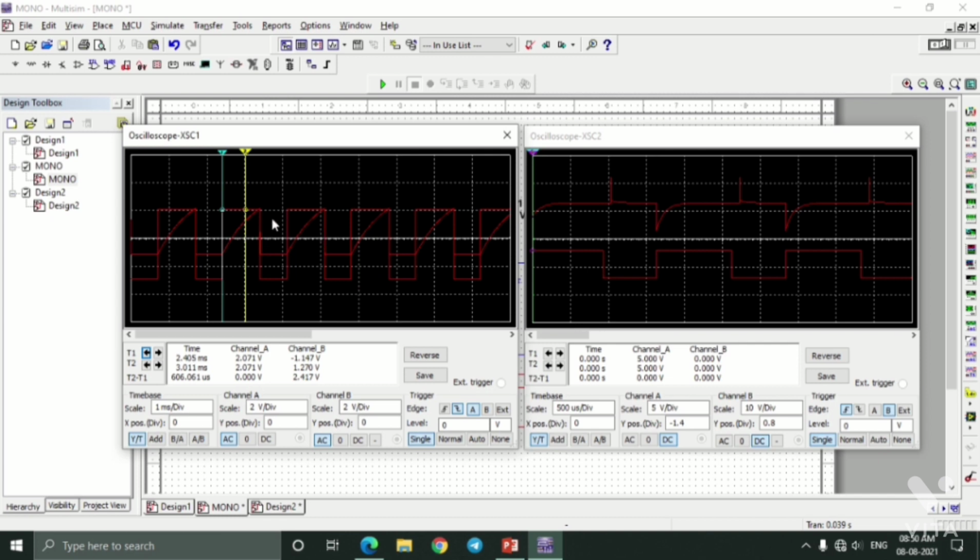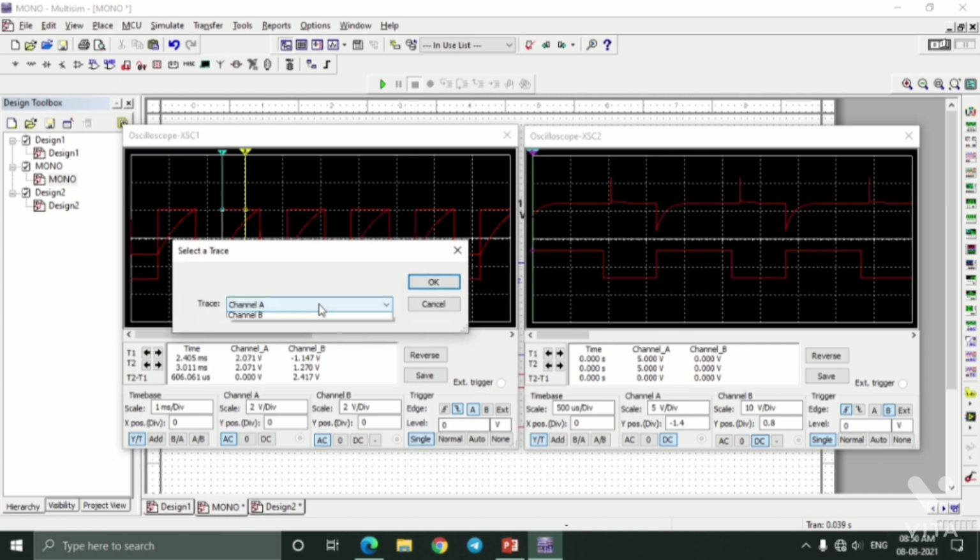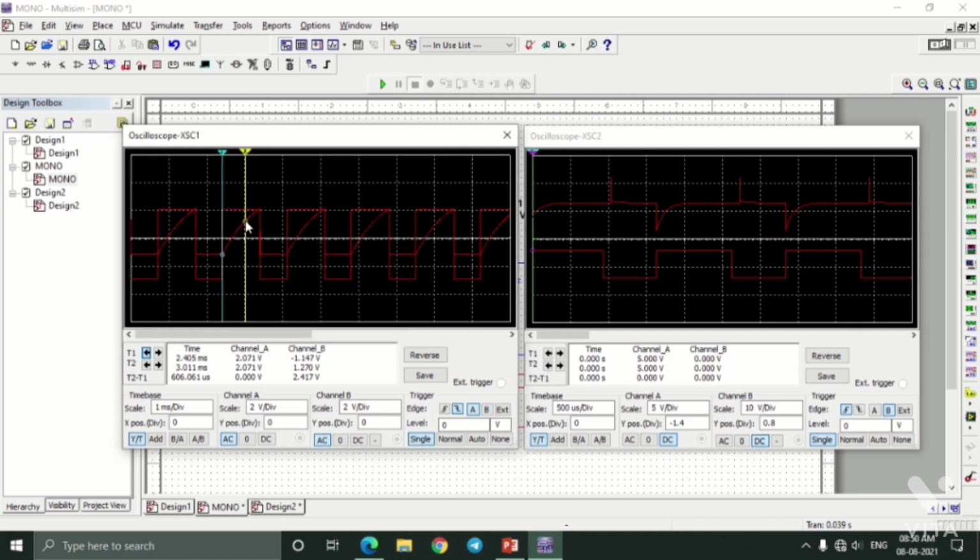So right click on the oscilloscope, select a trace, select channel B and click OK. Now you can see that these points are shifted to channel B, slowly rising and moving along with channel B's output across the capacitor.